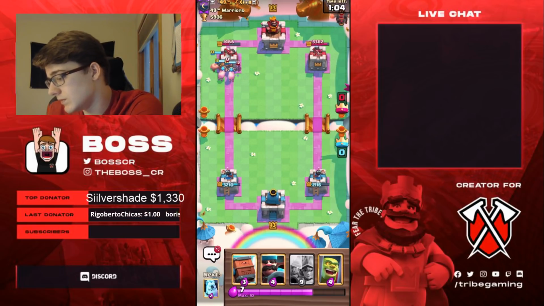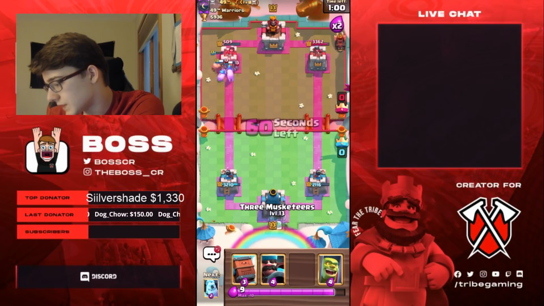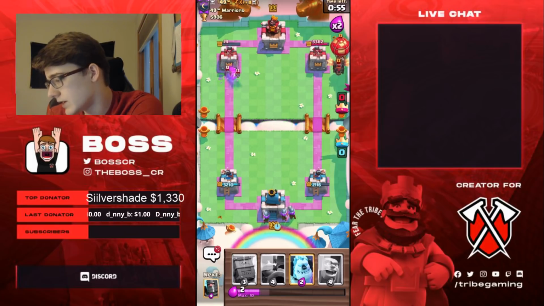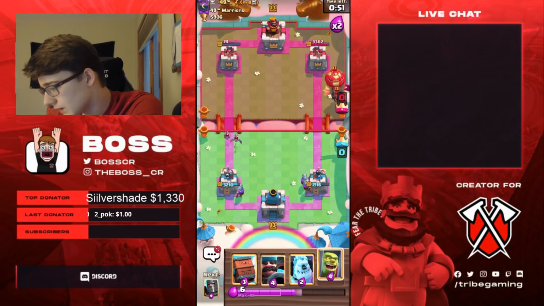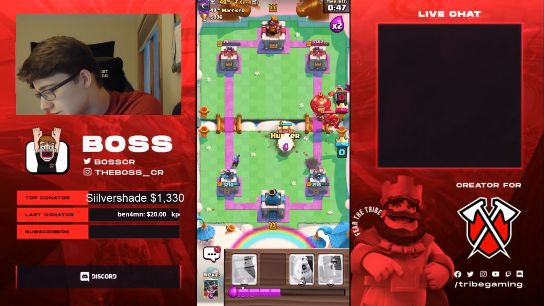That's not going to be tower down, but very, very close to tower down. Once again, we'll cycle 2 of the Musketeers in the right lane. I really don't think we need to cycle 3 in the same lane as the Lava Hound. I think we're fine. I could be wrong, but it's just...